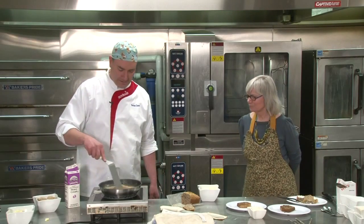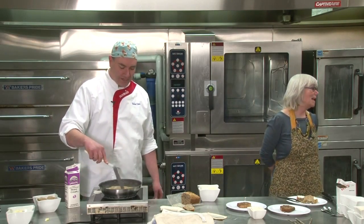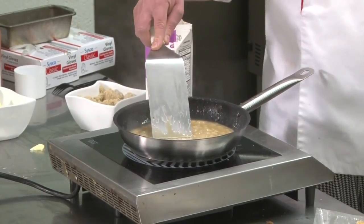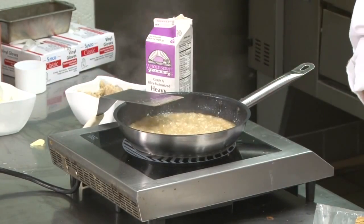Very cool. I'm trying to get any of the lumps out. This is why I am not a chef, because I didn't measure these exactly, so now I have to cook some of the stuff out, of course. Had I been a chef, I would have known exactly the right amount to do, just intuitively. But while that's doing that, what we're going to do is go ahead and...